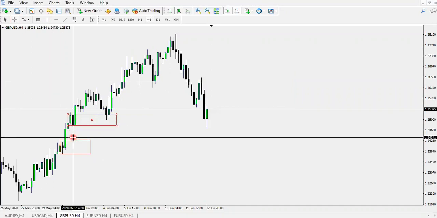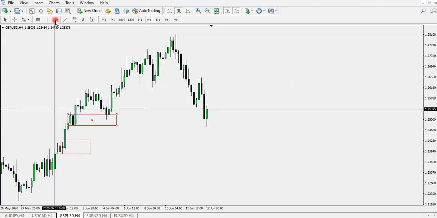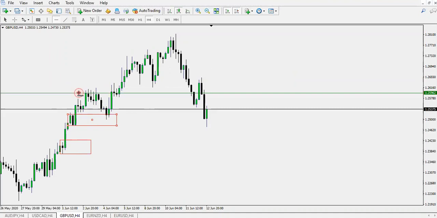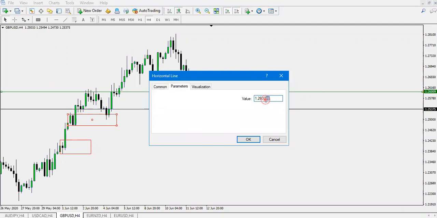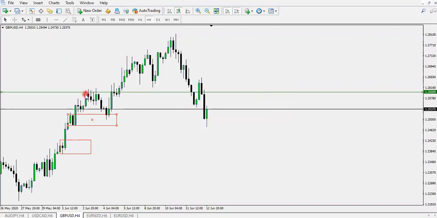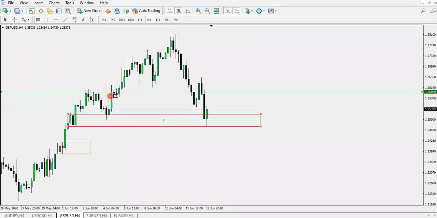So when price rallied up from this order block, price retraced. Where did it retrace from? This is a round number institutional level of 1.26. And you can see price rejected, bounced off of our order block. And when it bounced off of our order block, a little bit of rejection, but another order block over here was created,